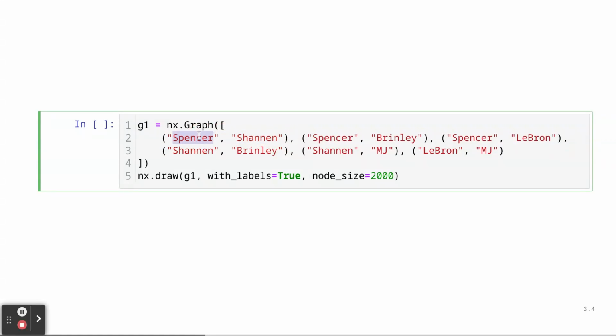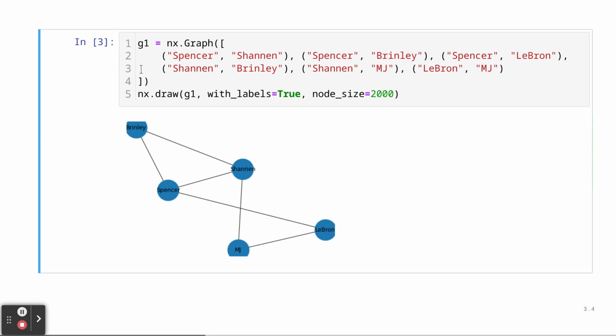Each element is the ID of a node, and the presence of these IDs within the same tuple means there needs to be an edge between the nodes. So here we have a total of 1, 2, 3, 4, 5, 6 edges, and they're formed between me and my wife, me and my daughter, me and LeBron, my wife and my daughter, my wife and MJ, and LeBron and MJ. So we'll go ahead and construct this graph and then just view it real quick